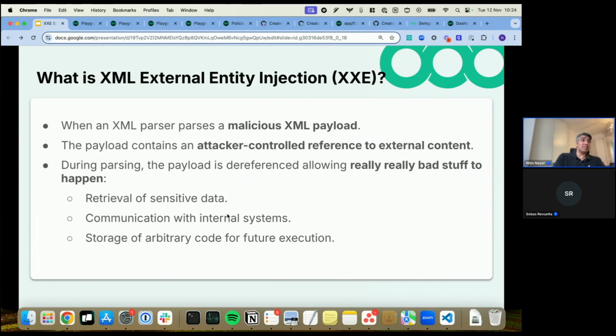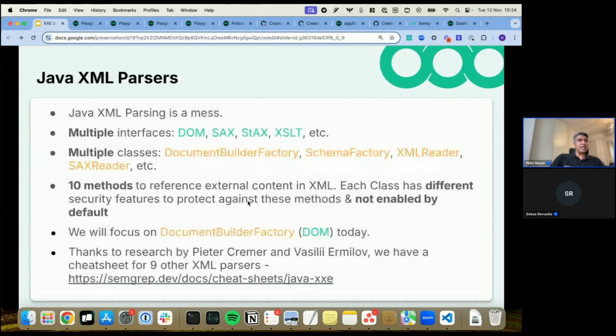And to be honest, sky's the limit. It just depends on how evil you want to be, but this is a very, very serious impact. With that background overview of what XXE attacks are, and now that we understand they can have a very serious impact on the organization,